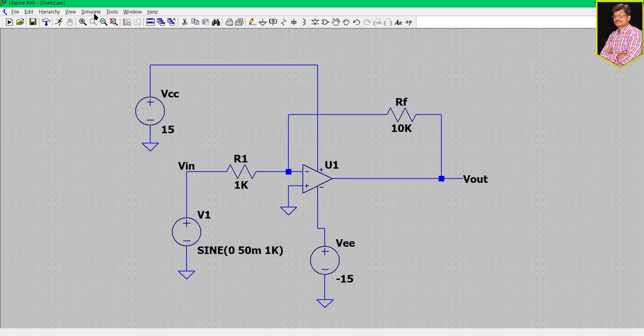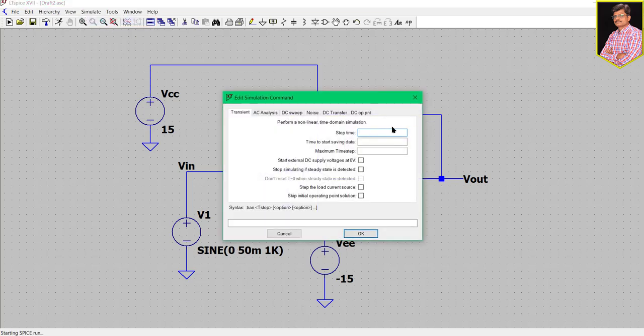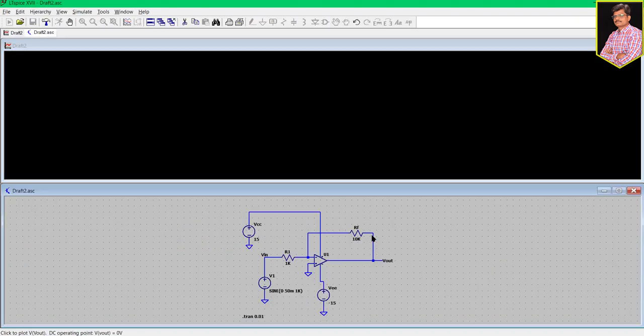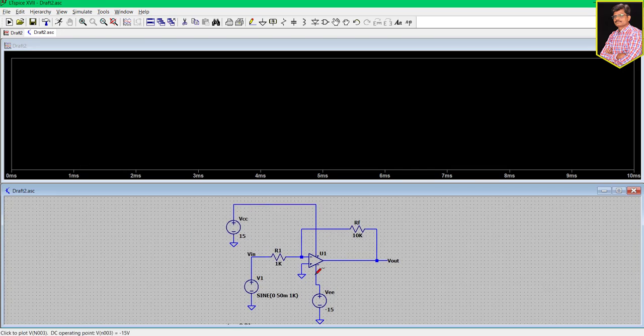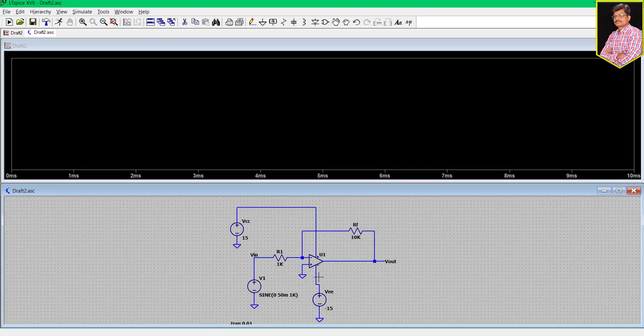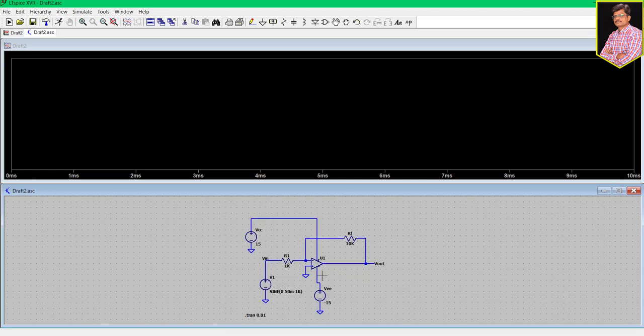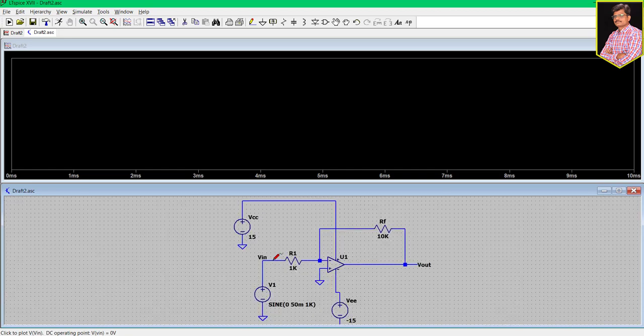Go to simulation and then run, and it will ask for how much time. You can give it a transient time of 0.01 second and say okay. Then immediately a black rectangular dialog box will open, and below that your circuit will be there. Now you will get the pencil symbols.